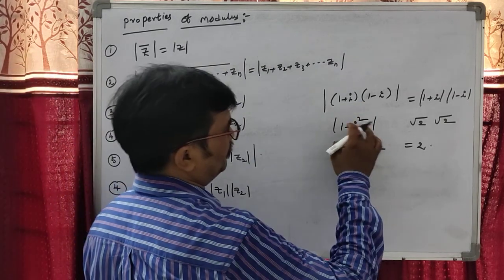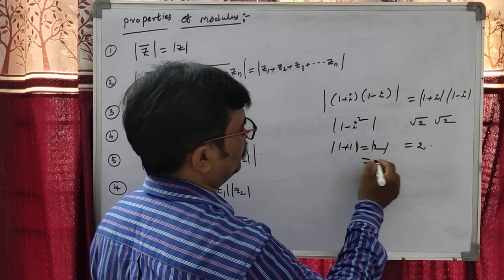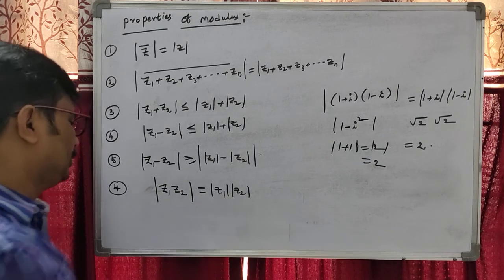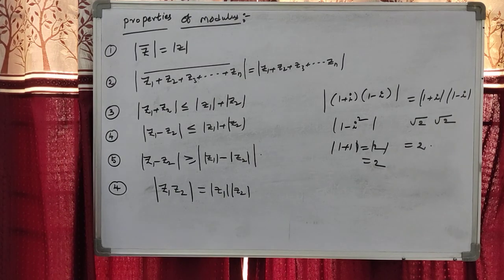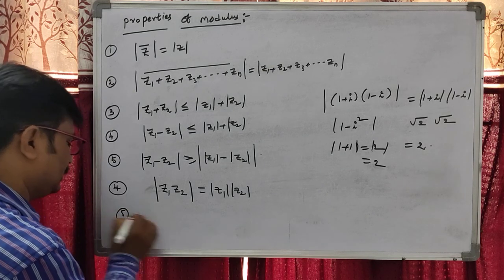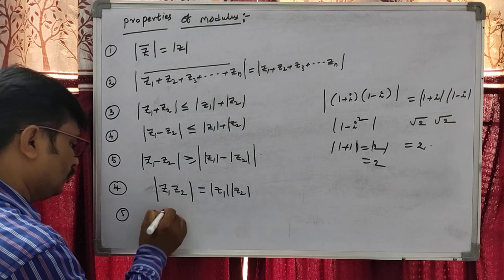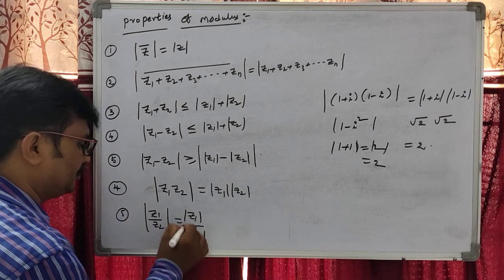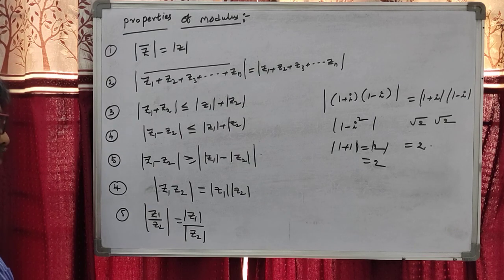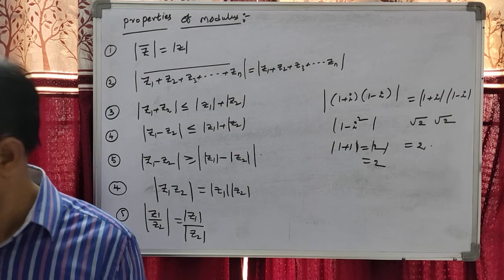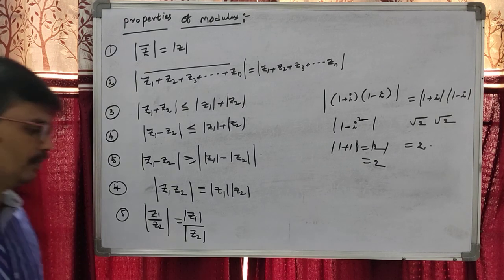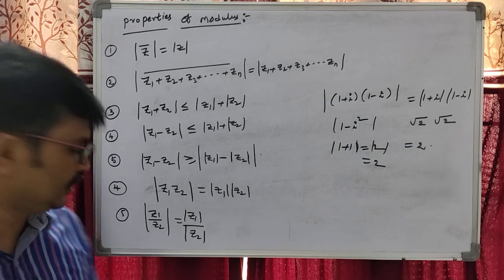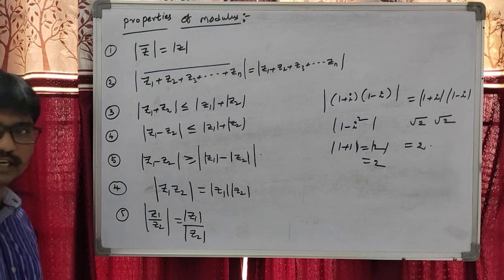Since i² is -1, minus of minus is plus, and |2| is 2. This is, students, by the property |z1 z2| = |z1||z2|. Now, students, division is also the same. That is, the modulus of z1 by z2 is also |z1| by |z2|. Are you understanding, students? Suppose we are dividing; after rationalization you can proceed. |z1/z2| = |z1|/|z2|.